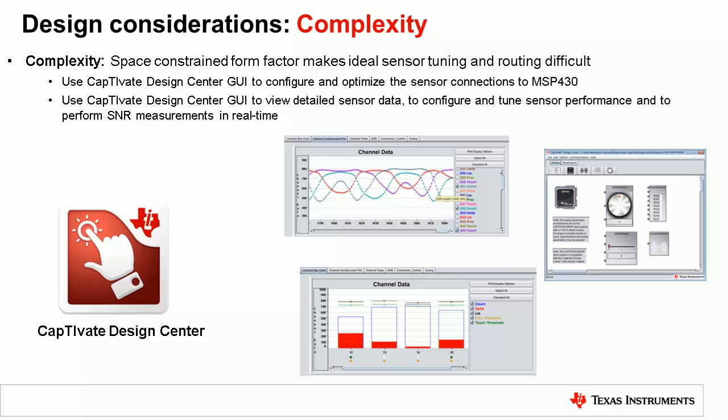So you can actually reassign which pin is being used to connect to the sensor, and then make the appropriate changes to the board. So you can view detailed sensor data, evaluate signal to noise ratio measurements, and tune sensor proximity and touch thresholds for optimum performance.